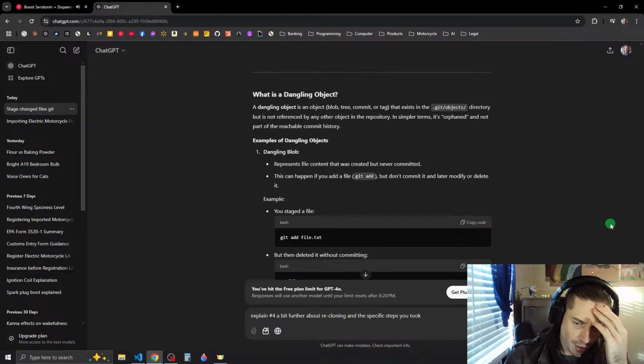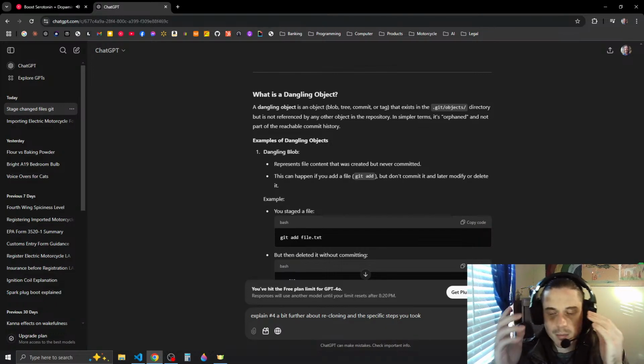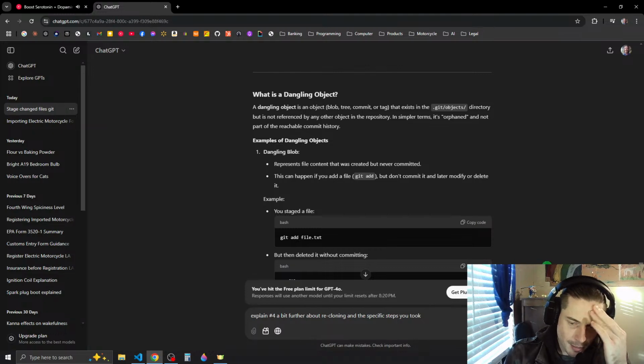Dangling blob represents file content that was created but never committed. This can happen if you git add a file but don't commit it and later modify or delete it. Oh, so what if maybe I added but I didn't commit, and then I later,